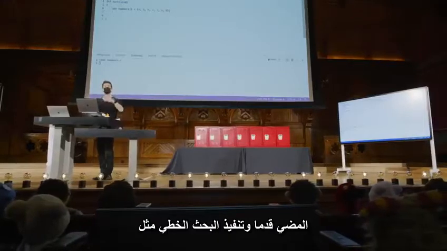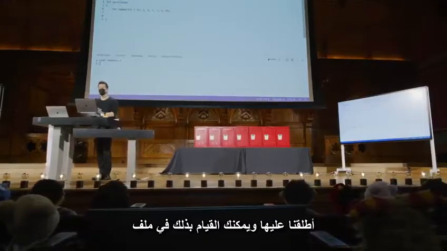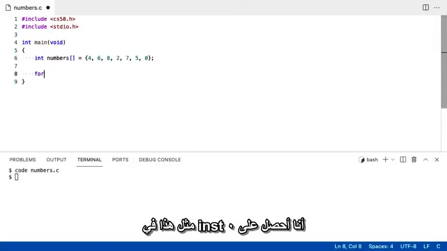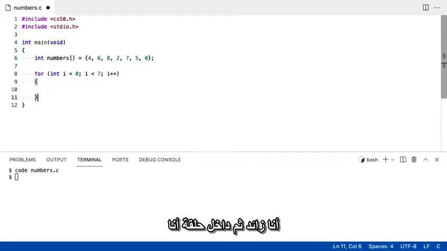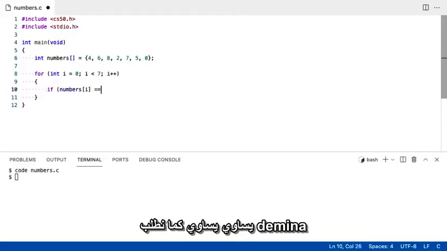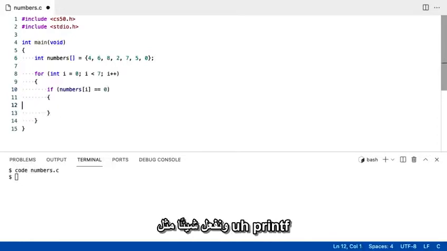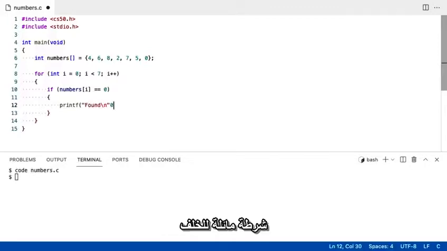Now let's go ahead and implement linear search, as we called it. And you can do this in a bunch of ways, but I'm going to do it like this. For int i = 0, i < 7, i++. Then inside of my loop, I'm going to ask the question, well, if numbers[i] equals, as we asked of Namina, the number 0, then I'm going to go ahead and do something like printf("found\n");